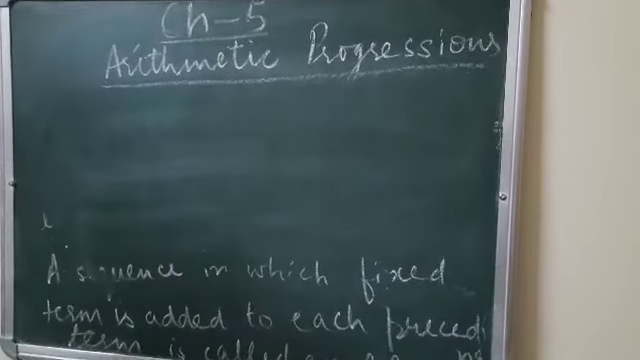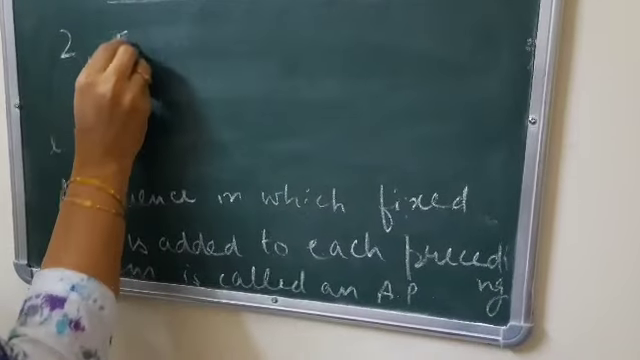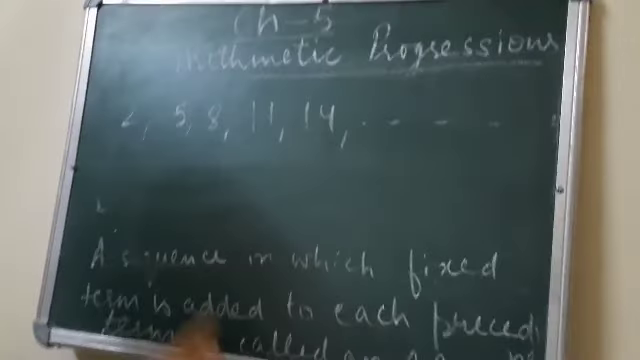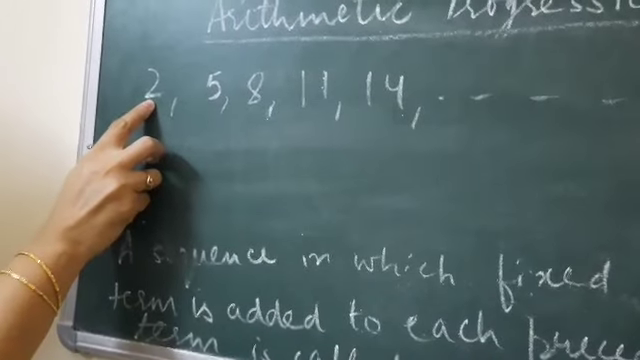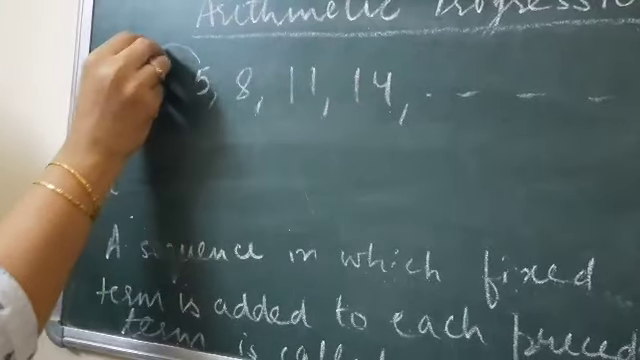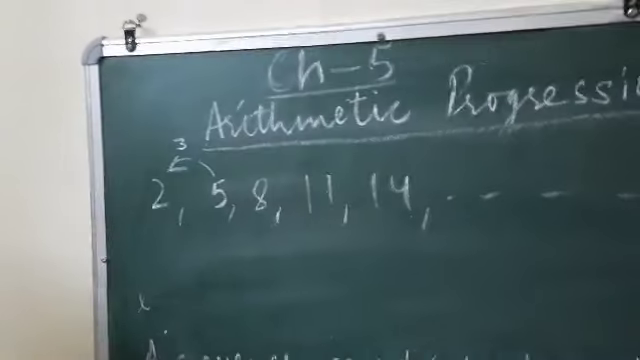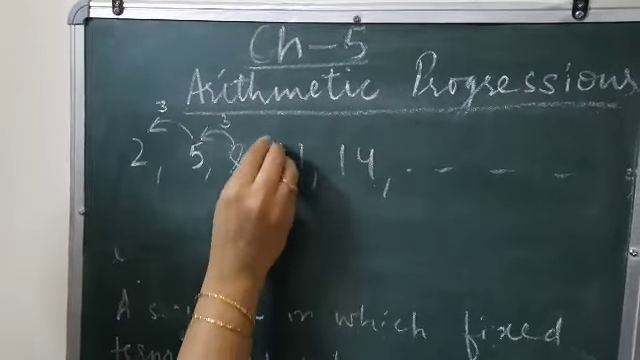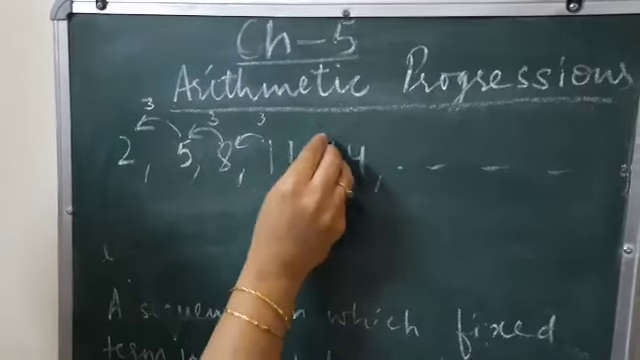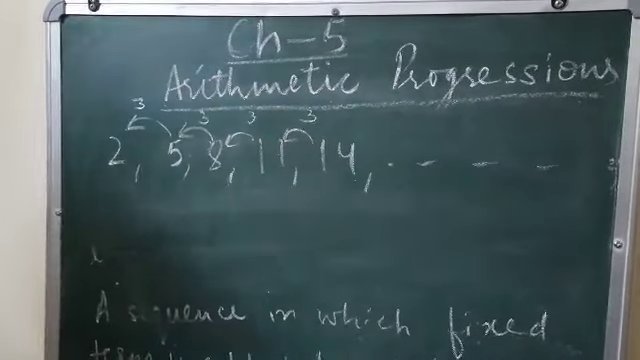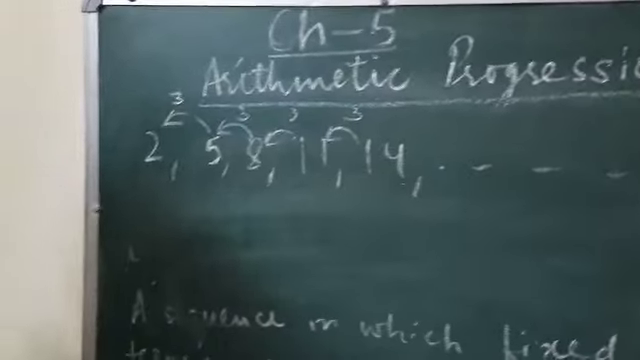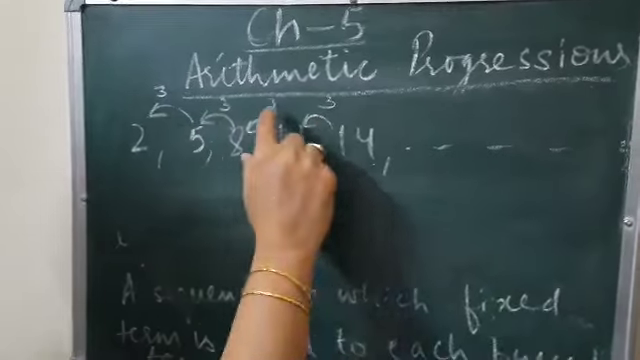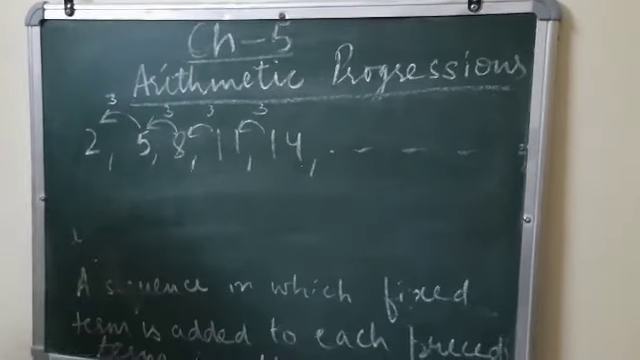Suppose I take an example of 2, 5, 8, 11, 14 and so on. Now you can see the first term is 2, second term is 5. The difference between these two terms is 3, right? 5 and 8, the difference is 3 again. The difference between 8 and 11 is 3. The distance between 14 and 11 is again 3. So such a sequence is called arithmetic progression, where you find that the difference between two consecutive terms is